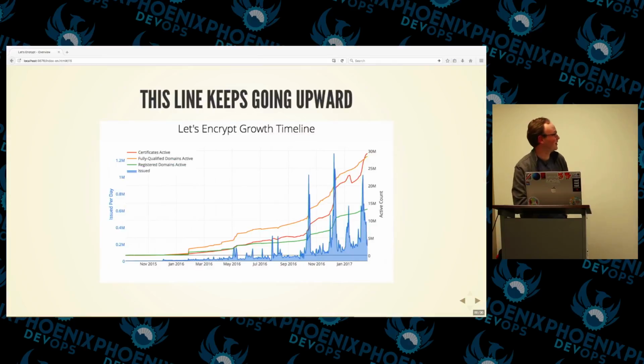I love pointing out that none of us involved in Let's Encrypt expected the growth that it's had. As with any team, we took a bunch of idle guesses as to how fast we thought Let's Encrypt would grow, and well, we were all wrong. We were all way, way too low. But this is just off of CT or off of the Let's Encrypt stats page.